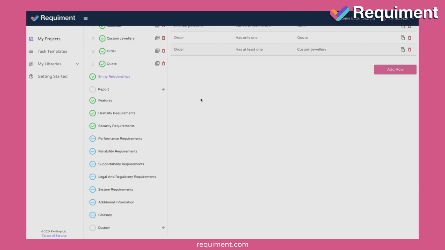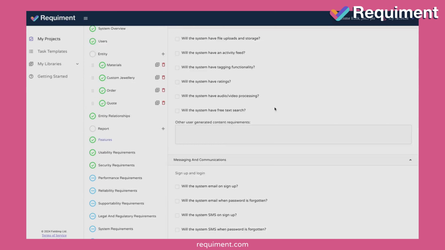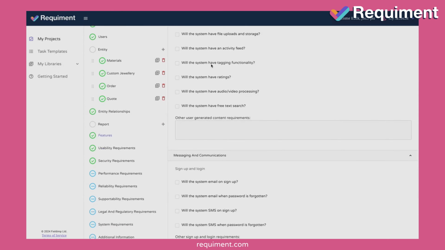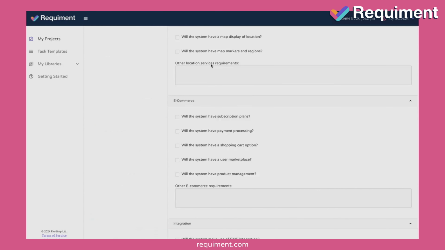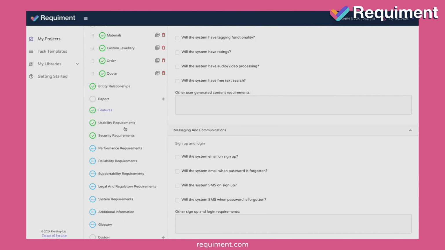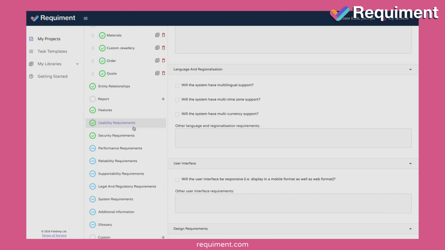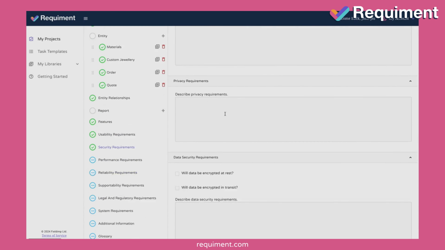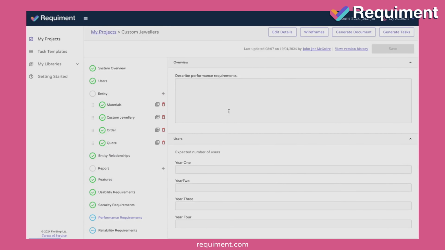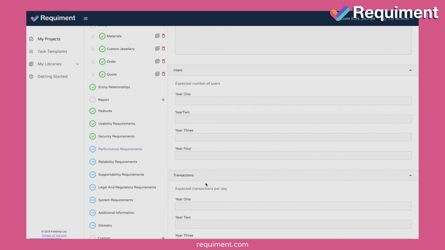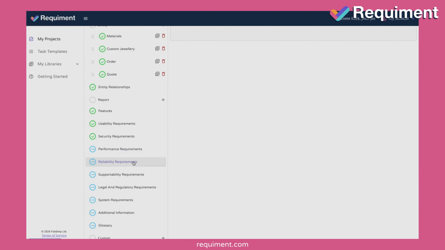There are a number of different sections here that we can go through, such as features, which will ask specific questions about the features of the system, user-generated content, messaging and communications, location services, e-commerce, integration, and AI, along with a vast number of other things like usability requirements, security requirements, performance requirements, such as number of users expected in each year and number of transactions expected per day per year,